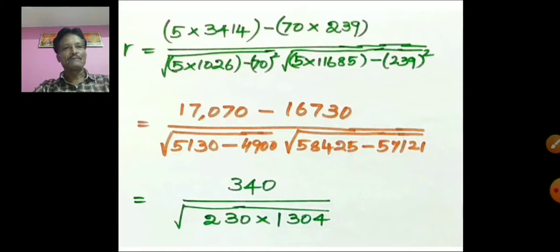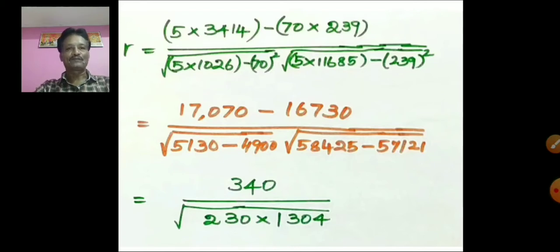Put a minus sign, and within bracket we are having both the positive values. 70 into 239, you take the product of these two things, that is equal to 16,730, the whole divided by under root of 5 into 1026 that is equal to 5130 minus 70 square that is equal to 4900, and under root of 5 into 11,685 that is equal to 58,425, put minus sign. The square of 239 is equal to